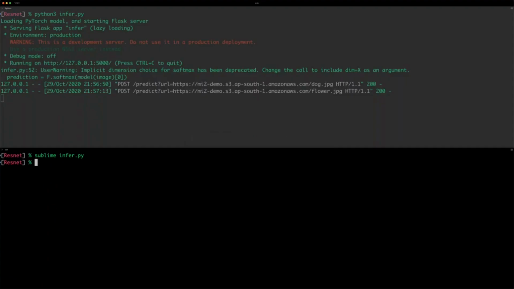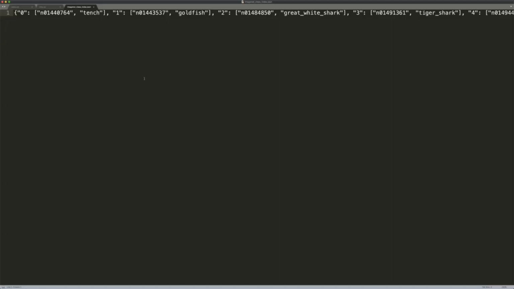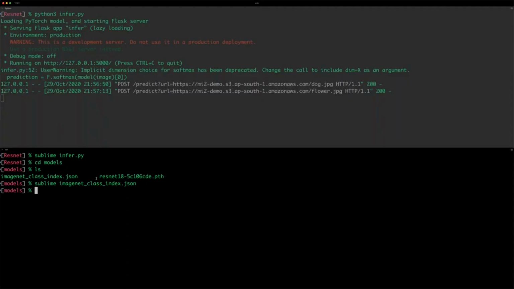So if you look at my models directory, there are two files here. The first one is actually the labels. So here you can see there are a lot of labels formatted in JSON. And then this is basically the PyTorch artifact, which contains the ResNet model. They are not really big, but the idea is to avoid any kind of download that would take place when you hit the Lambda function endpoint.